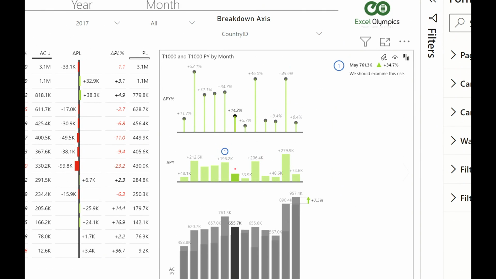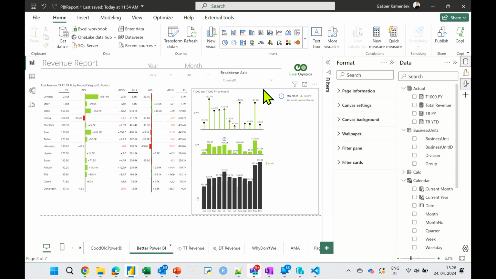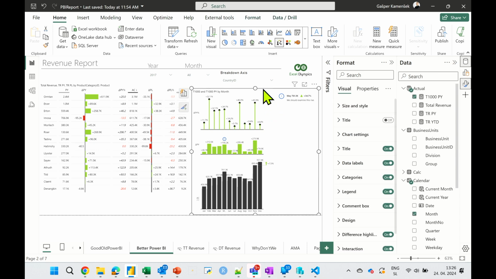I have my comparisons to, this says previous year. I'm pretty sure it's planned, but it could be previous year. Not only by what the difference was, also by percentage points. And this seems like I calculated 4 things. What's the actual, what's the previous year, what's the difference, and what's the percentage difference?